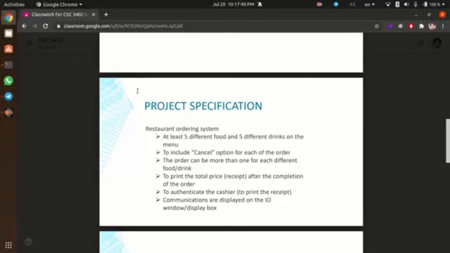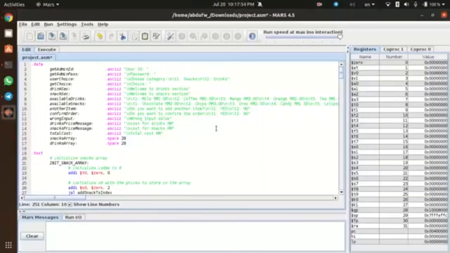Our project is a restaurant ordering system, and my part was to put the values of each item and then calculate them later on. The first thought was to use the T registers, each one holding the value of an item, and then complete the program. But programming-wise, this was a really bad idea, because we have another thing that we can use, which